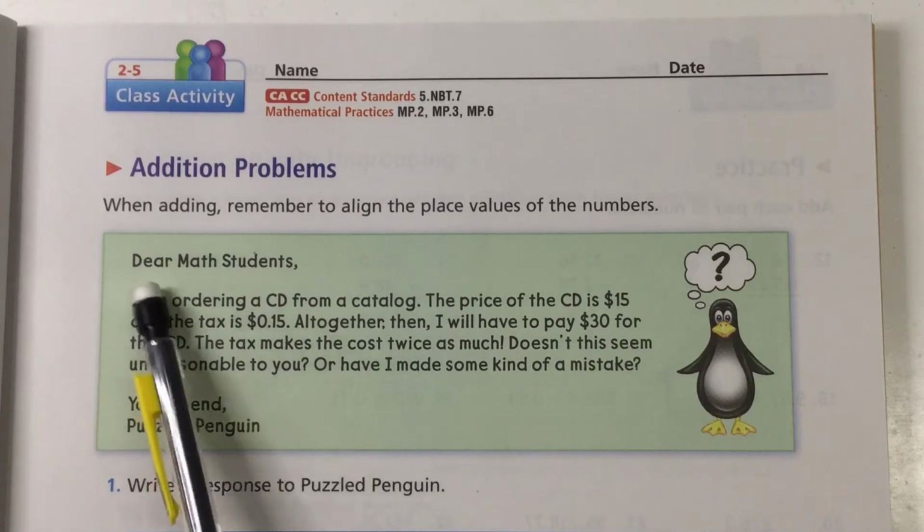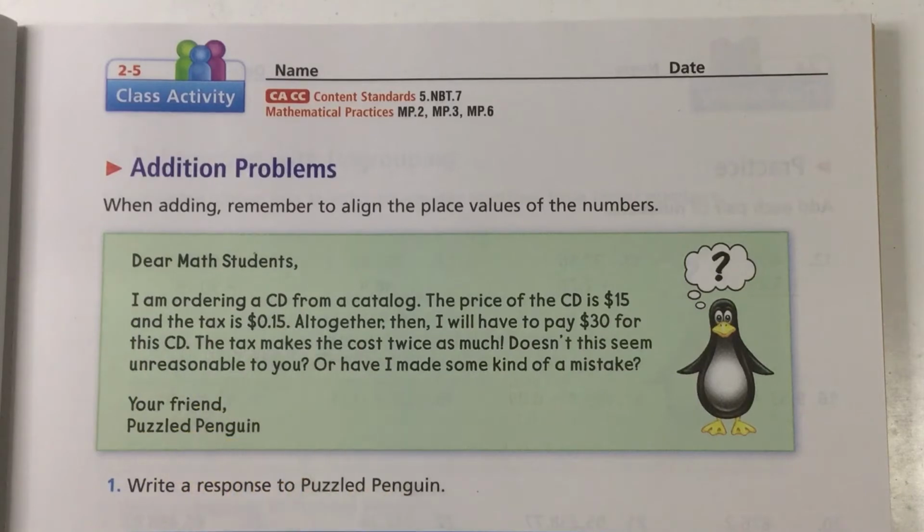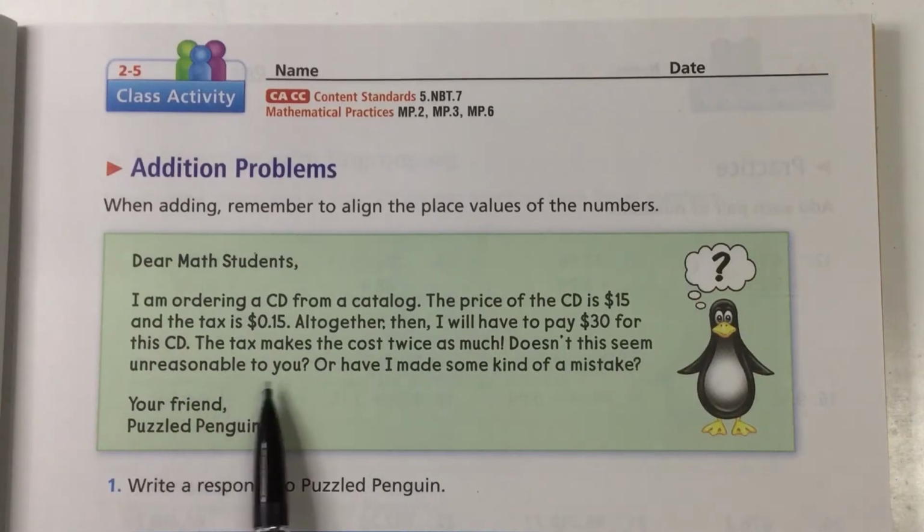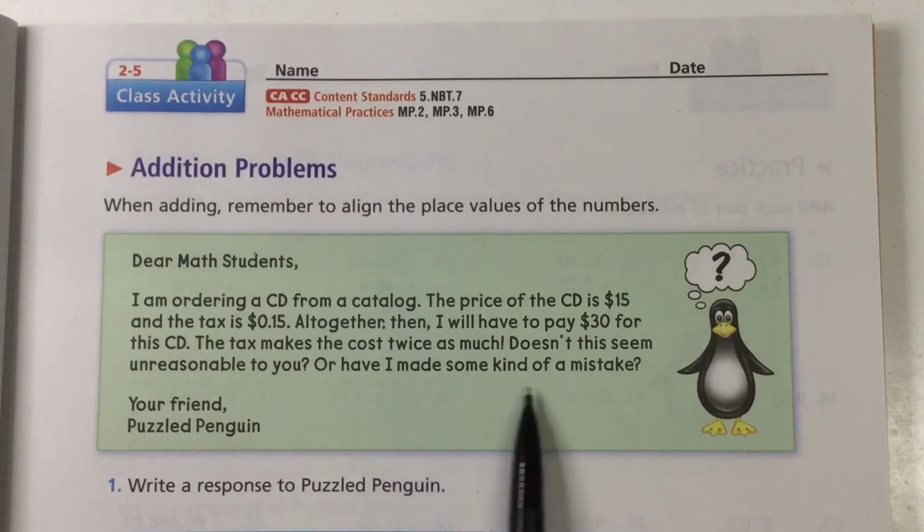He says, "Dear math students, I am ordering a CD from a catalog. The price of the CD is $15 and the tax is 15 cents. Altogether then, I will have to pay $30 for the CD. The tax makes the cost twice as much. Doesn't this seem unreasonable to you? Or have I made some kind of a mistake? Your friend, Puzzled Penguin." Okay, so this problem is demonstrating to us that it really matters when we're comparing numbers